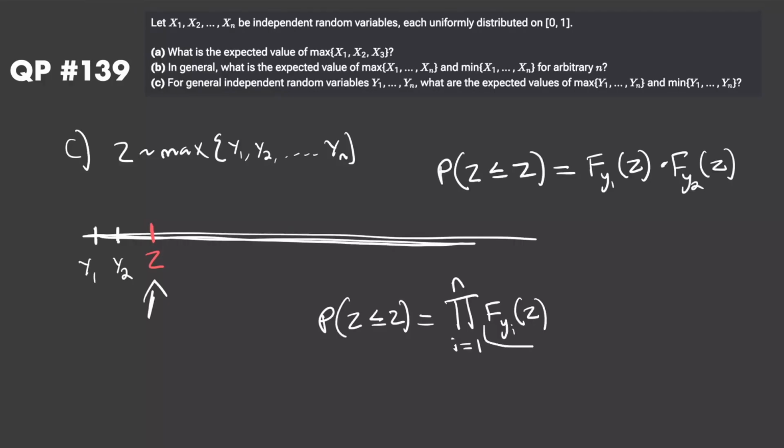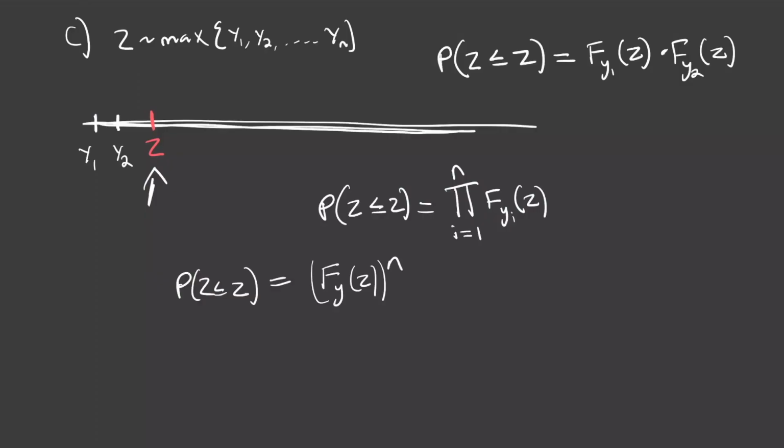If these were all identically distributed, then they'd all have the exact same CDF. So in that case we could just say we're taking F sub y of z to the power of n. So in the case when they're identically distributed, this right here would be the CDF of z, the probability that z was less than or equal to little z. And then we could differentiate this to get the PDF. So the PDF of z, f sub z of z, is just going to be equal